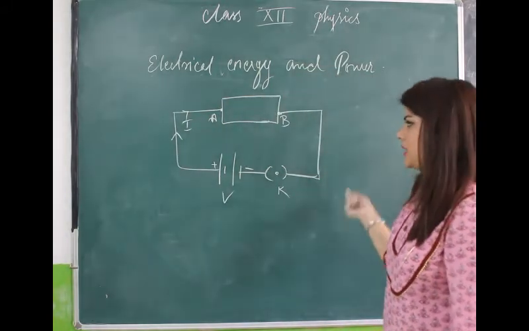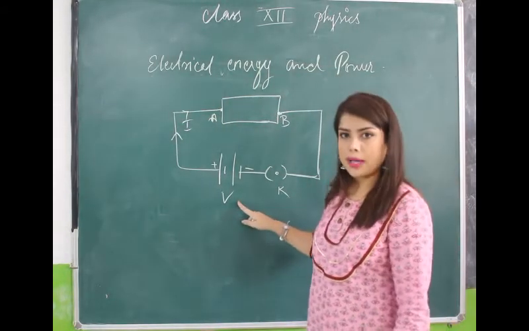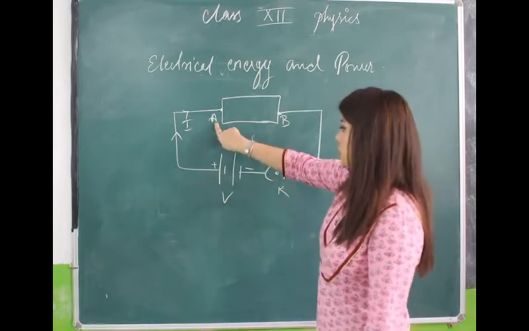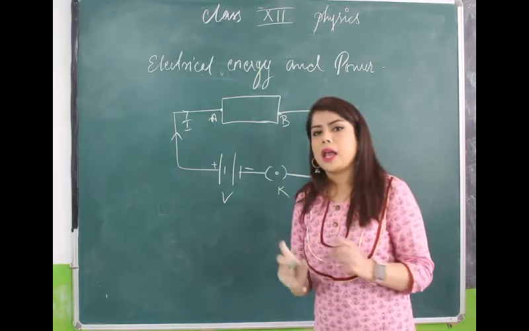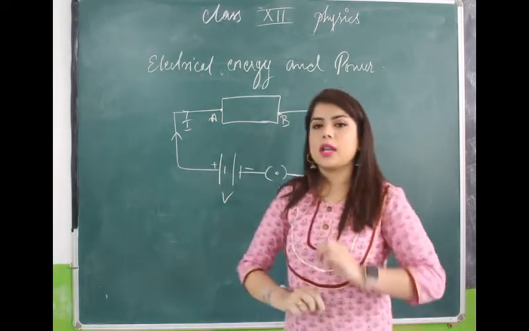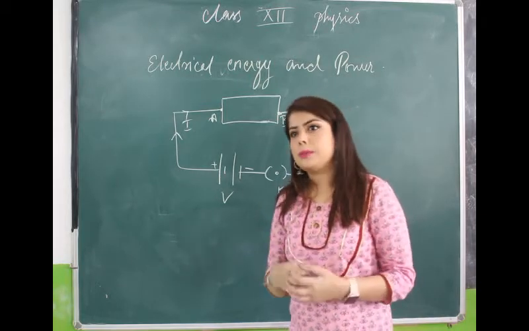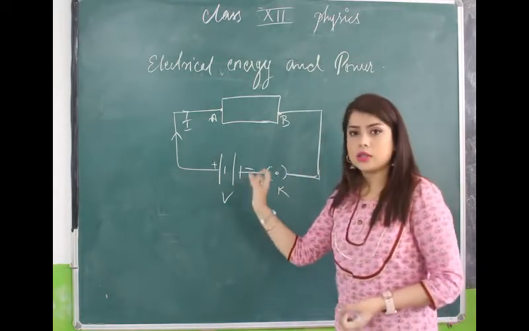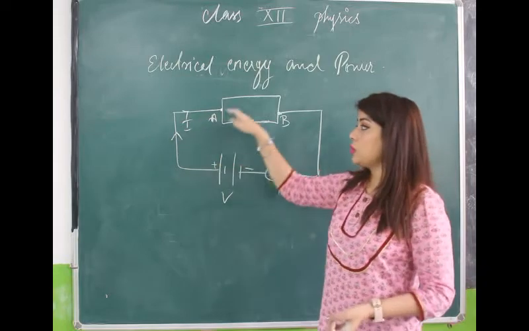So now we have a basic circuit. Potential is applied by this battery. There are terminals A and B. A and B can be anything. Can be a resistor, can be a bulb, can be any object given in the circuit. So when the current flows, what happens? There is some